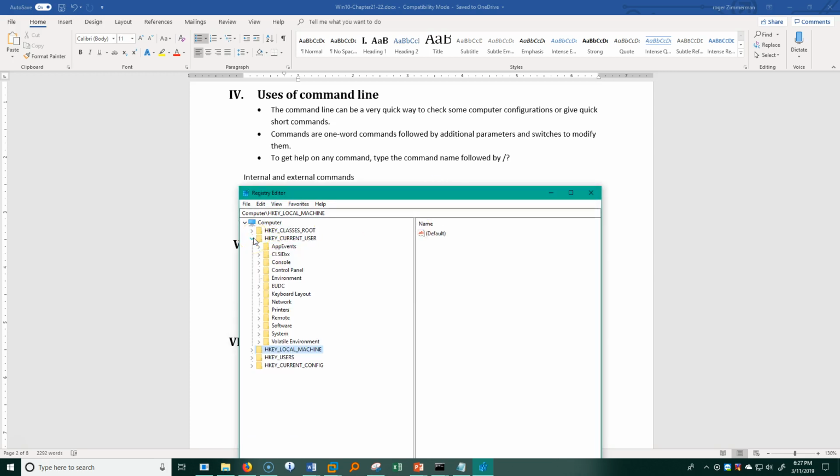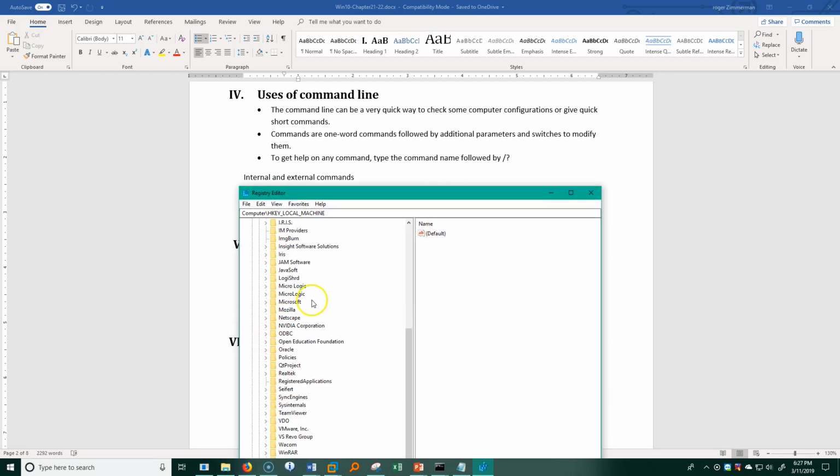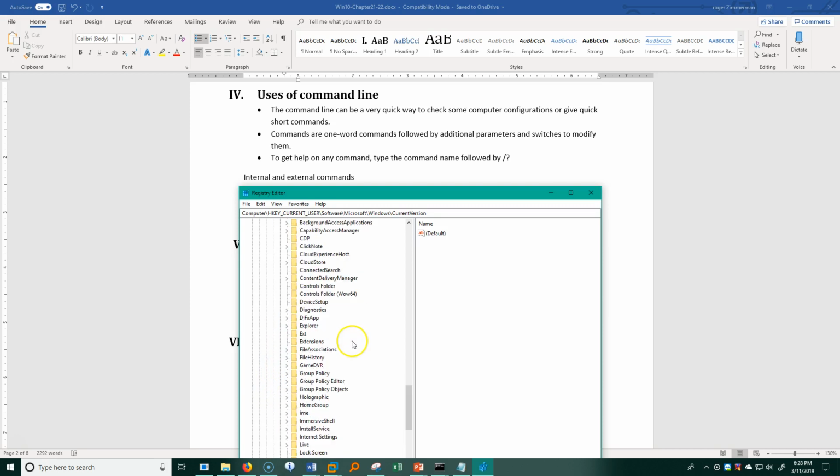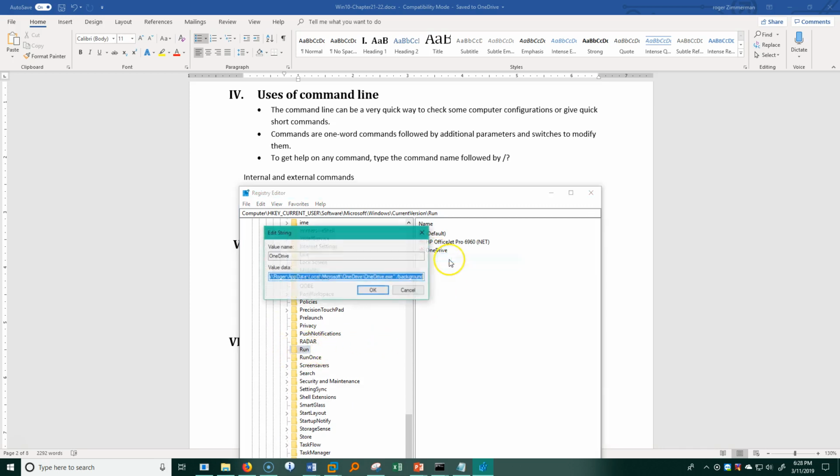And interestingly enough, if I drill down here to Software and then Microsoft and then Windows, CurrentVersion, and then Run, anything that's in here will run every time I start up Windows.